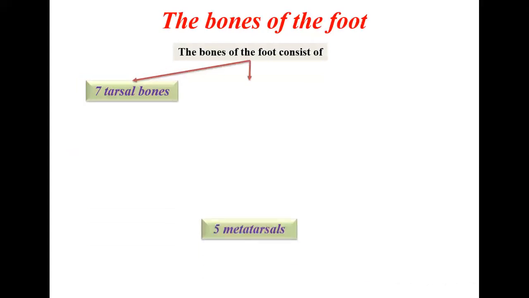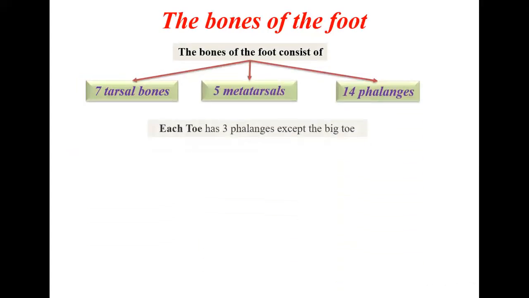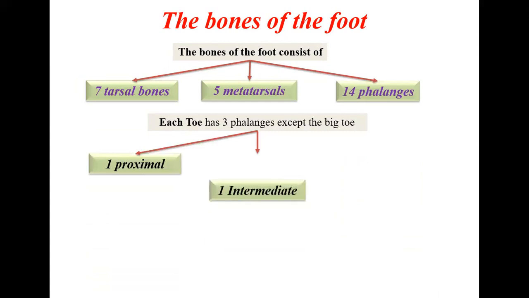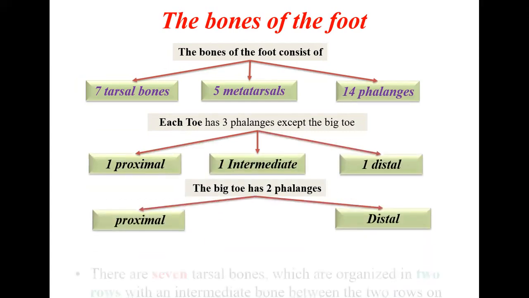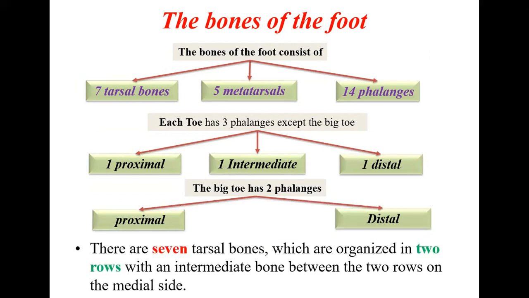Now coming to the bones of the lower limb, the foot. Okay, so which are the bones? We had seen that in the case of the hand we had the carpal bones, 8 carpal bones, but here in the case of the foot there are 7 tarsal bones. They are carpal in the hand, and here in the foot they are tarsal. There are 8 in the hand, here there are only 7 bones.